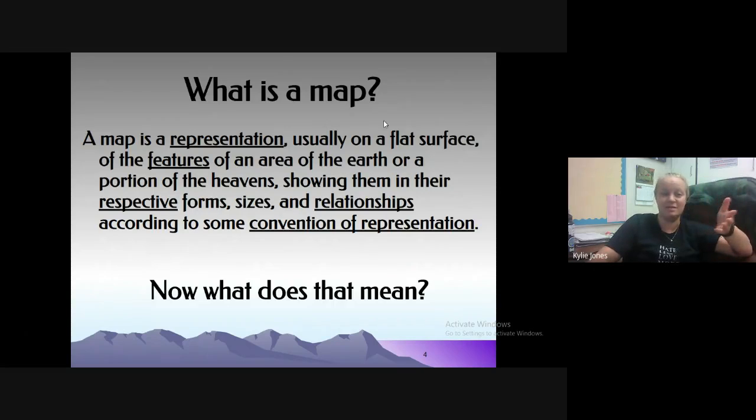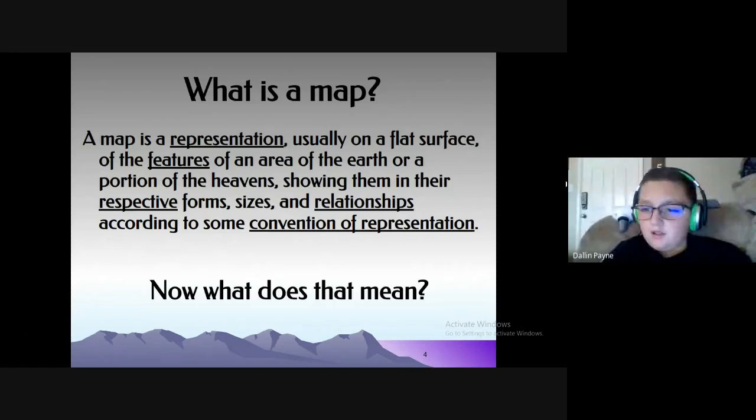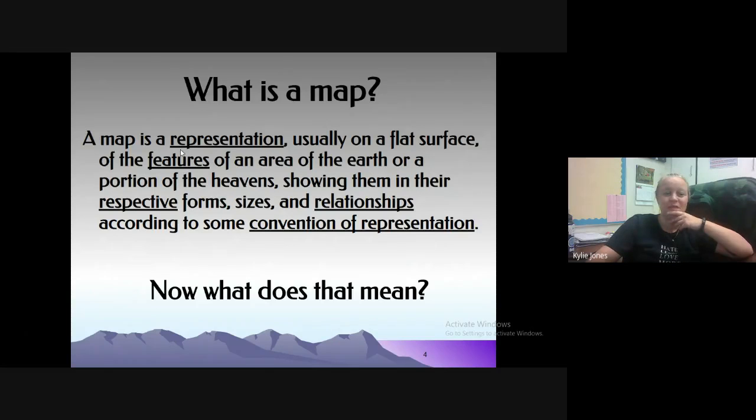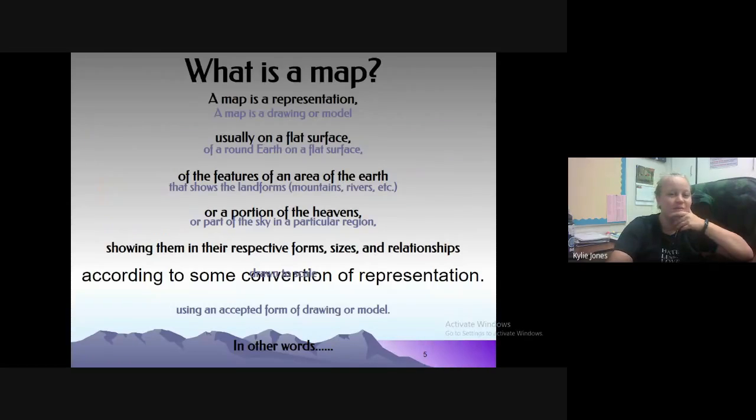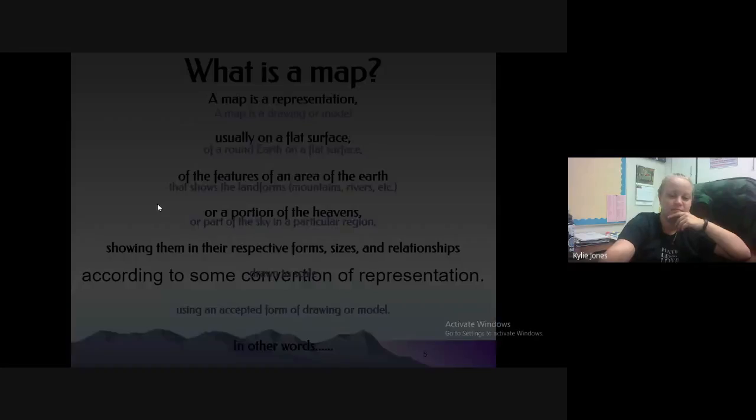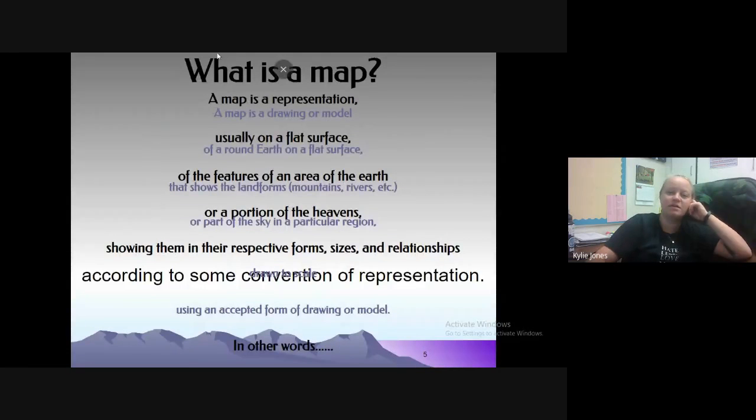Does that make a lot of sense for what you know a map to be? Kind of, but not really, right? It shows the features of an area. So yeah, that kind of makes sense. But the rest of it is like, so it says, now what does that mean? On the next slide, we have lots of different things. So it says a map is a representation. So it's a drawing or a model, usually on a flat surface